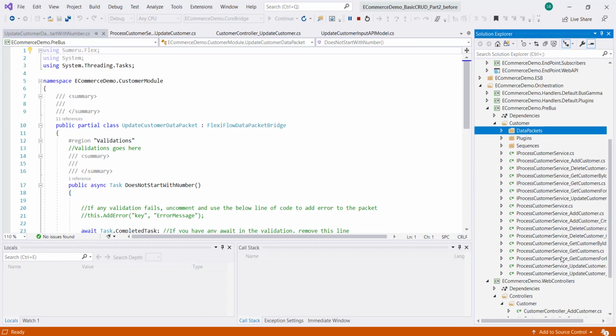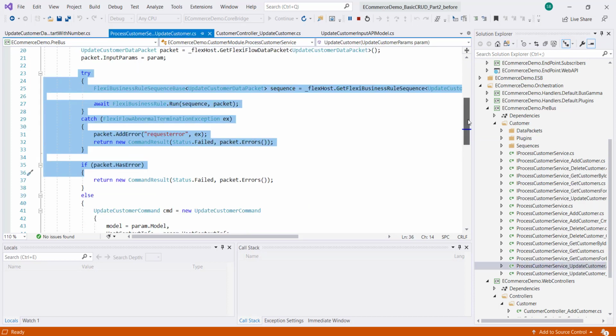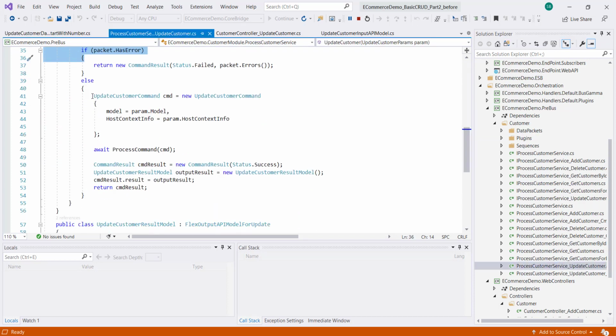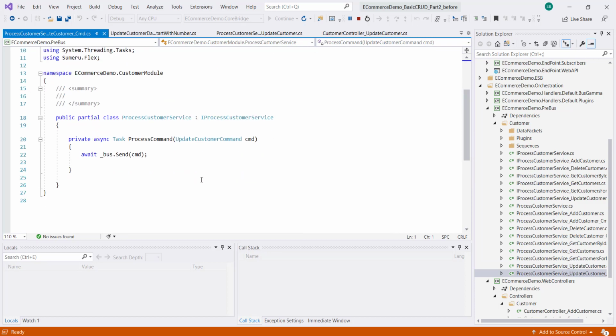So the validation happens here, and finally if the validation succeeds, the update customer command is created, where the parameter and the context info are filled, and the result is given back to the user. Here, if it is non-eventual, the command is sent to the bus.